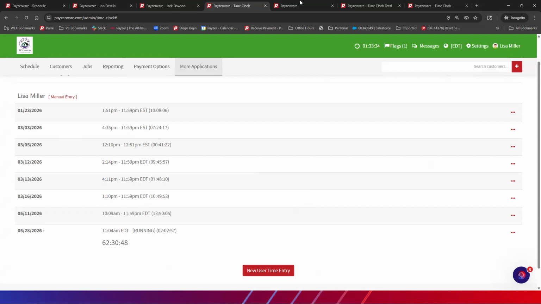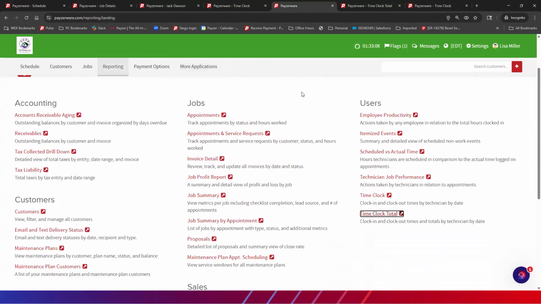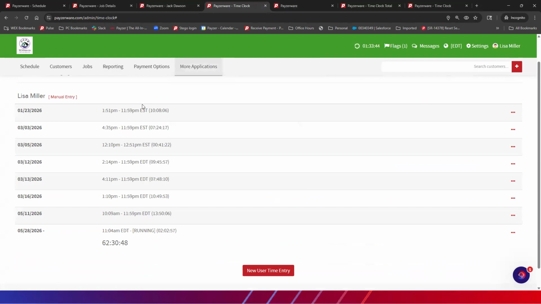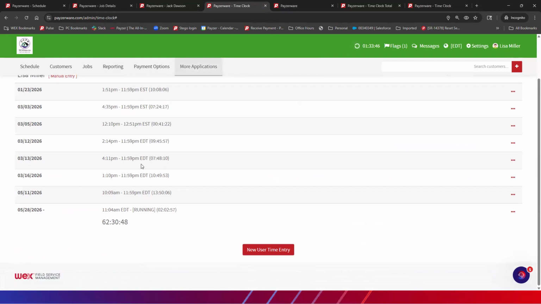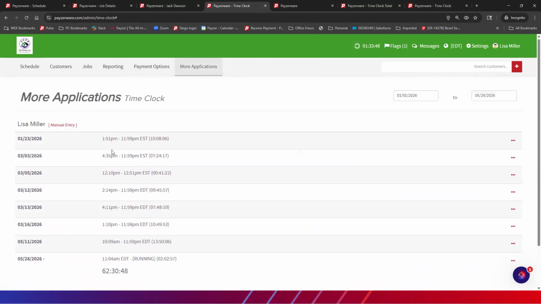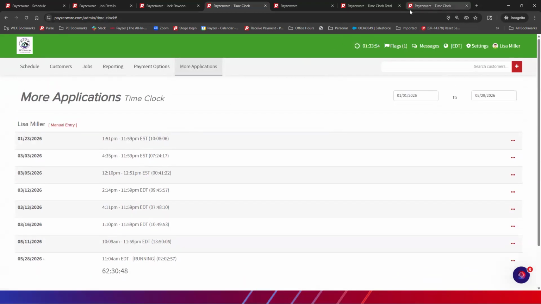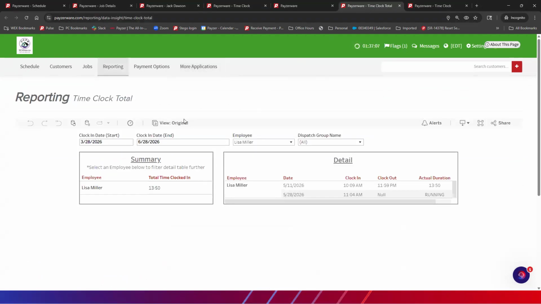Okay. We also can go to reporting and we have a time clock and a time clock total. Okay. So the time clock report is basically that, a list of punches for the global time clock. And once again, you're going to see those 11:59s in there, and you want to take a look at those. Okay. The time clock total report basically gives you the total so that you don't have to total them